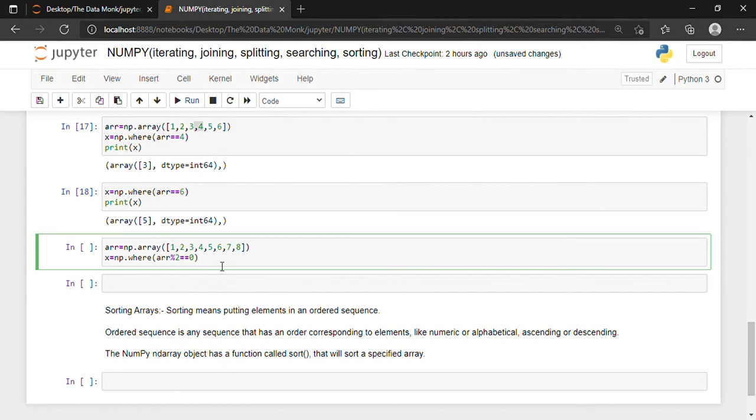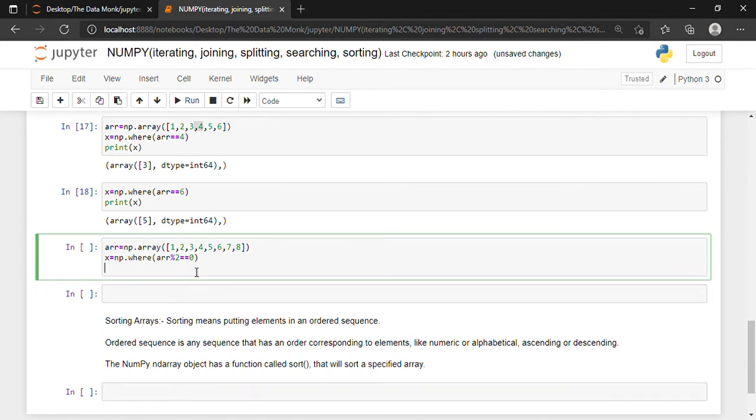So if the number is divisible by 2, then the remainder is 0, okay? And if the number is not divisible by 2, then the remainder is obviously not 0. It will be some number, 1 or anything. But if it is divisible, then it is 0. So basically this is a modulus operator. I'm dividing it by 2 and I'm checking whether the remainder I'm getting is 0 or not. So if it is 0, yes, it is even, and that's what I want.